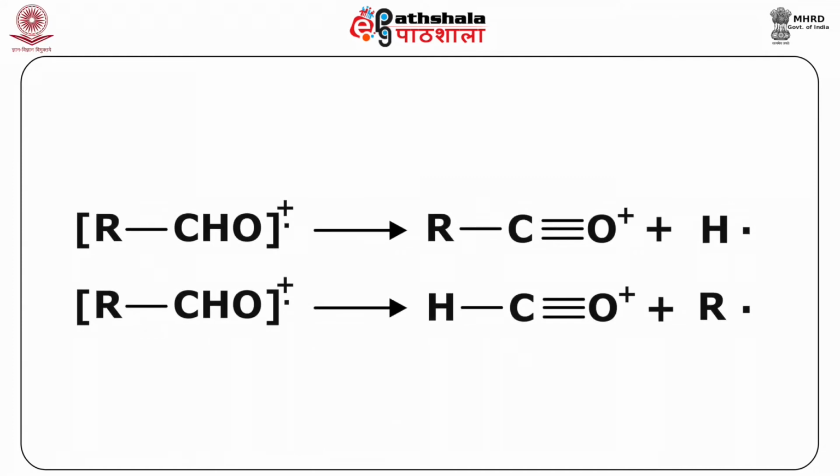For aromatic aldehydes, students, the molecular ion peak is very strong. That means you are going to have peaks at M-1 and M-29, because as we have discussed, the m/z at 29 and 44 will be there. So, you can see here the fragmentation reactions of various aromatic aldehydes in these two reactions over here, where you have the M-1 peak and the M-29 peak, very visible in the reactions.